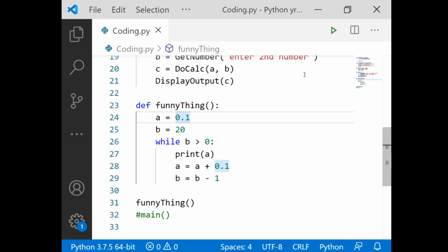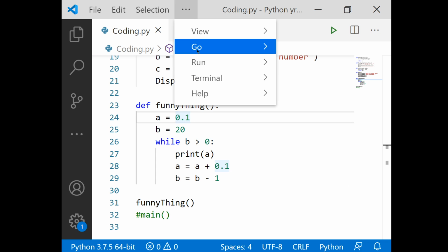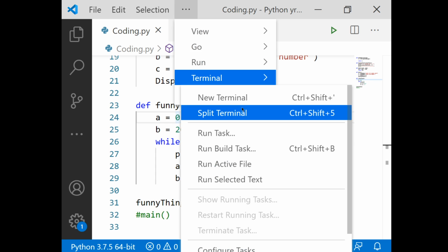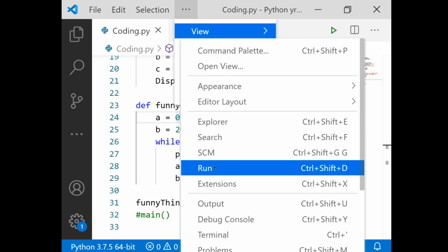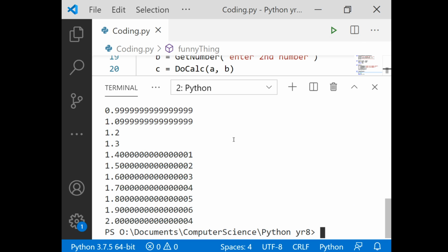But in the console, which I've now closed again, I wouldn't have got 1.5. Because when I added it up, it was 1.5000002. So that is something we have got to be careful of in the future.